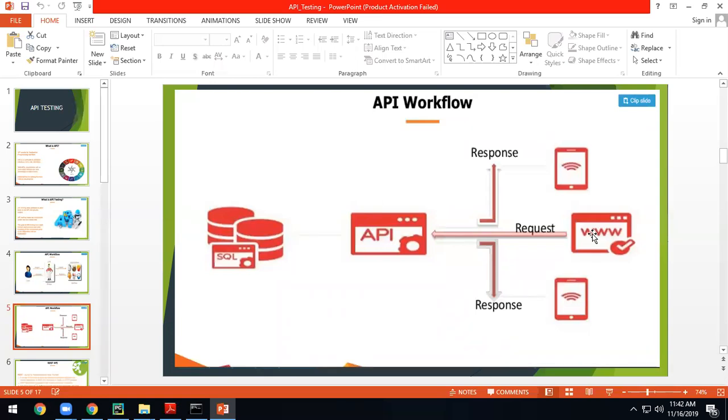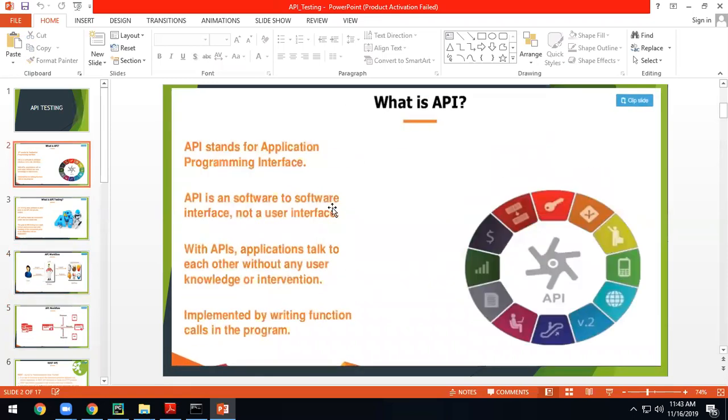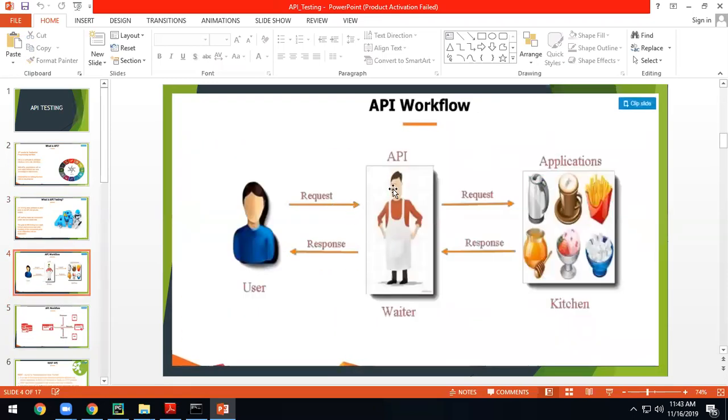You can call it middleware, but you can say it's simple software which knows how to interact with your resources. It provides a connection both ways. He is an intermediate guy who takes your request and helps you with the response. Something like in a hotel, he will not do anything else. What is his job? His job is to serve. Whatever the user requests, he will just serve it.